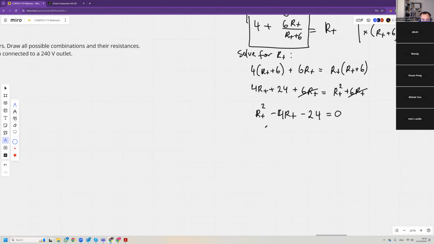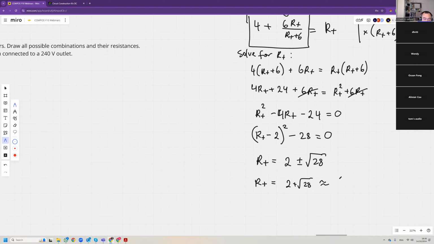I'm going to go with a fancy completing the square here. So RT minus 2, squared, minus 28 equals 0. Is it? Minus 4 plus 4, minus 4, minus 28. Yes. So RT is 2 plus or minus square root of 28. And of course, resistance cannot be negative. Therefore, RT is 2 plus root 28,